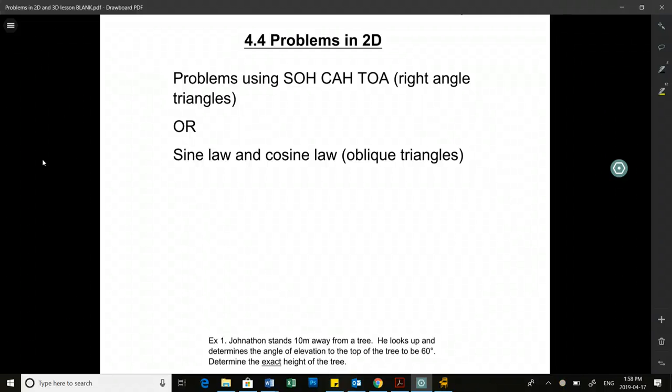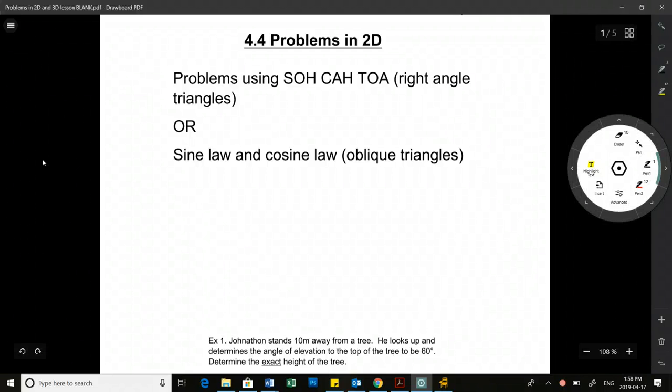Okay, so for solving problems with SOH CAH TOA, I think we're fairly familiar with this. It's only for right angled triangles where we're going to apply those sine is opposite over hypotenuse and so on. The thing that we haven't talked about as much, that's kind of a review for us, is sine law versus